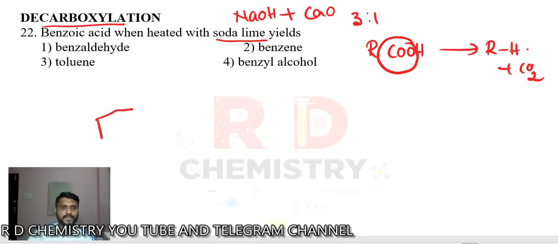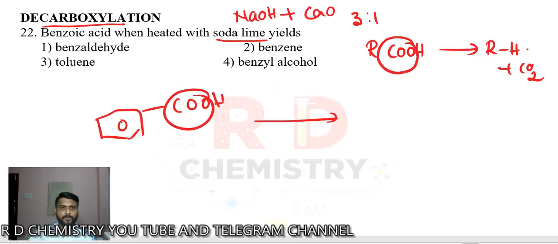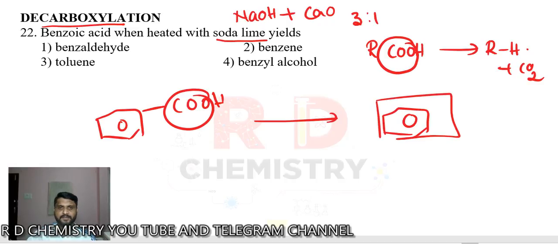So, carbon dioxide is removed. We can write this reaction in different ways, but here they have given benzoic acid, benzene attached to COOH. In the presence of soda lime, remove this carbon dioxide, decarboxylation. So the benzene gets attached to hydrogen, and finally it will be a benzene ring. So the answer is option number 2. Okay. So we are using an aromatic carboxylic acid, and we get an aromatic hydrocarbon. So in general, hydrocarbons. Okay.